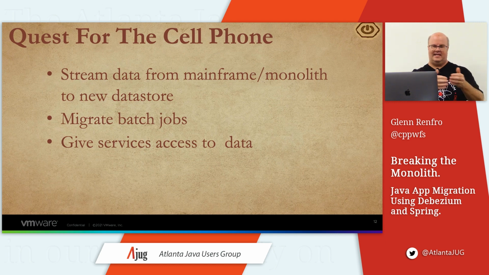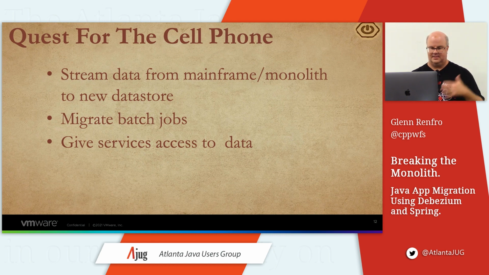We want to take that data off of the mainframe, get a feed off of the mainframe, or, if you will, the feed off of the monolith, and send that data to a location where we can utilize our batch jobs to retrieve the data that's been migrated off. But also we want to provide the services that can access that data, so as we create new services, they can access this API and take advantage of the data that we're coming off